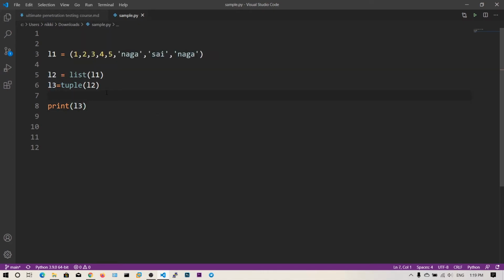So these tuples are just like read-only content. Once you define it, it should not be changed, like an email and a username. The username may not be changed for some websites. So if your website has rules of not changing the username, then you can set the username and the email in the tuple, so no one is going to change those values.